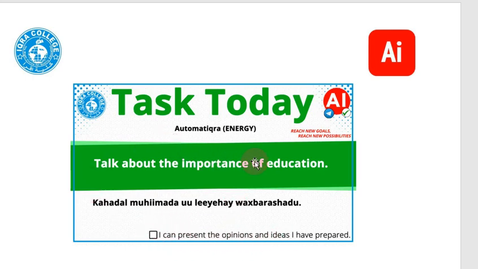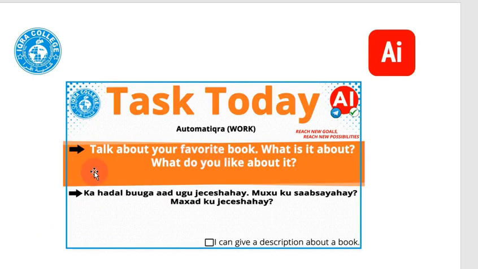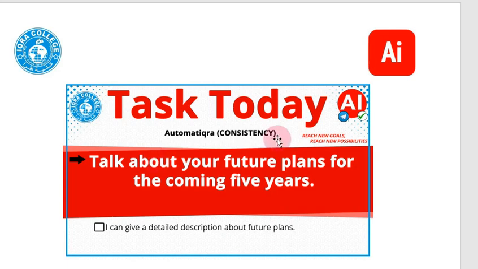You're going to say, okay, talk about the importance of education. All right, today I want to talk about the importance of education, and then you do what you have to do. If you're intermediate level, topics get a little bit more difficult, and you have to talk a little bit more, and so that's the intermediate one. And for example, there's ones for advanced. Talk about your future plans for the coming 5 years. This is an example from the ones talking about the future tense. We're using the grammar and other tenses and things like that. All right, so you must record your voice, do the task, and you have to do it on time.